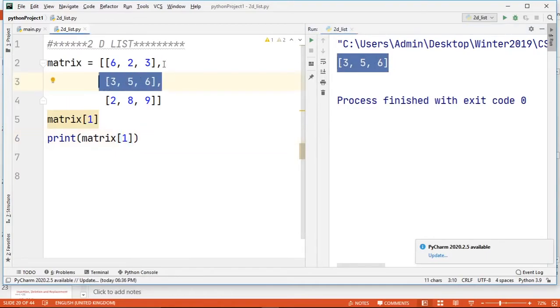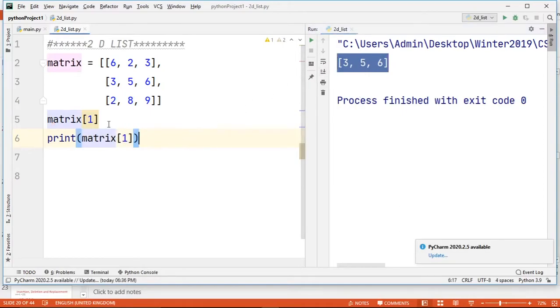So the first row index is 0th, this is the first, and this is the second. So in a 3x3 matrix, the index of the first row is 0, the second row is 1, and the third row is 2. So 0, 1, 2. Here I have given matrix 1, which eventually prints 3, 5, and 6.